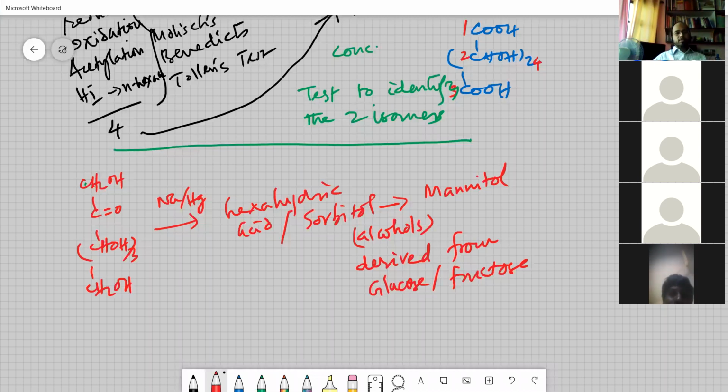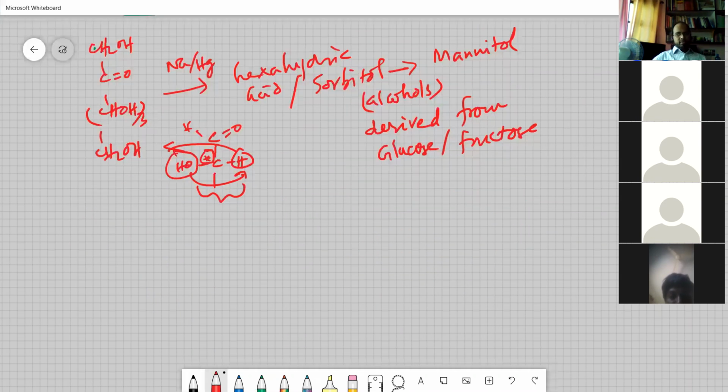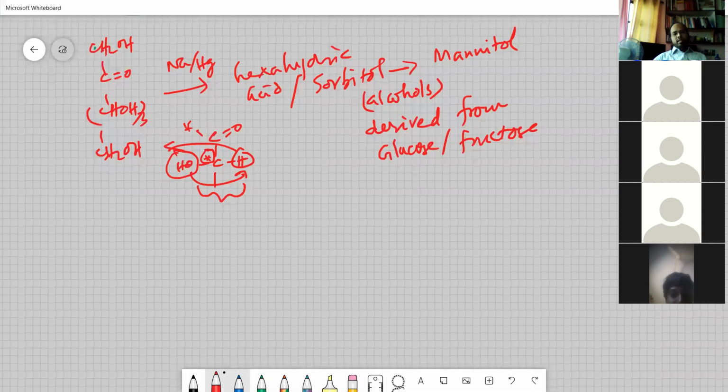See, for example, I just told you yesterday, in the case of glucose structure, you had this, and you had this as H and OH, and then you had a later group there. So this carbon atom is called as asymmetric. You exchange this here, and this comes here, it becomes another isomer. Okay, so we had another isomer, and therefore the reactions were simply changing. Hexahydric acid plus alcohol is the first reaction that is given out by fructose.